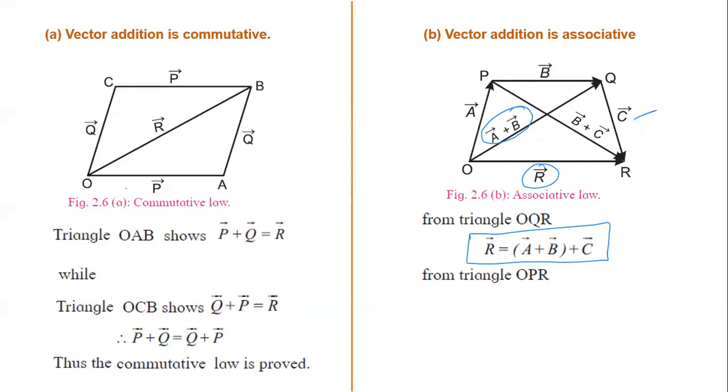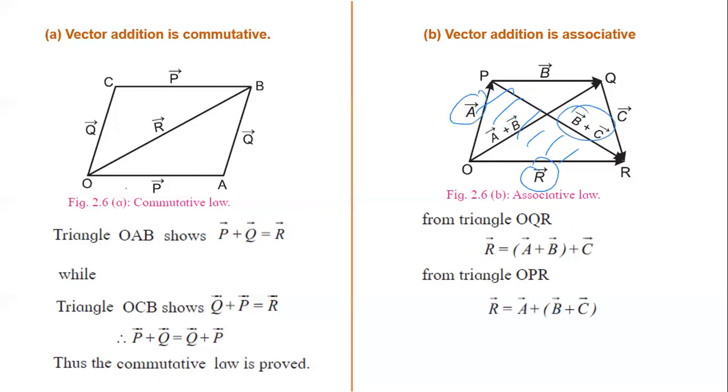Now after that, from triangle OPR, you can see the triangle OPR. So this is O, P and this is R. So from this we can write here, this side is B plus C. You can see in this triangle B bar plus C bar is the third side. So by this triangle we can write this R bar is equal to A bar plus B bar plus C bar, so A bar I wrote, then B bar plus C bar in a bracket. Now this is R bar, R bar. So I can write this and this same.